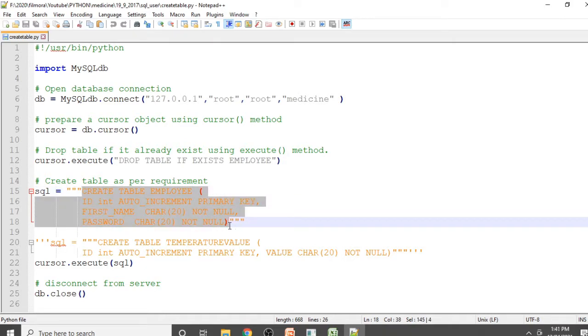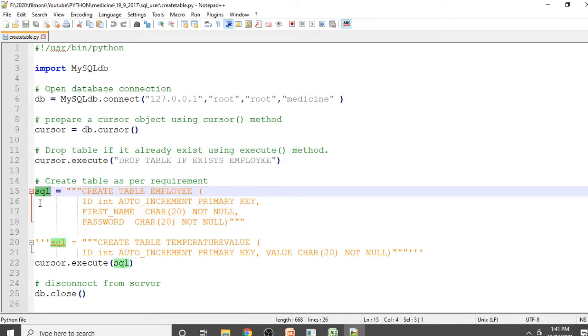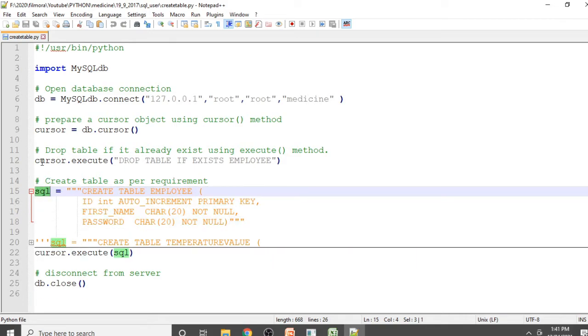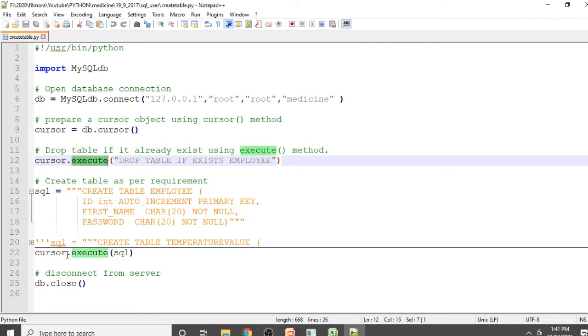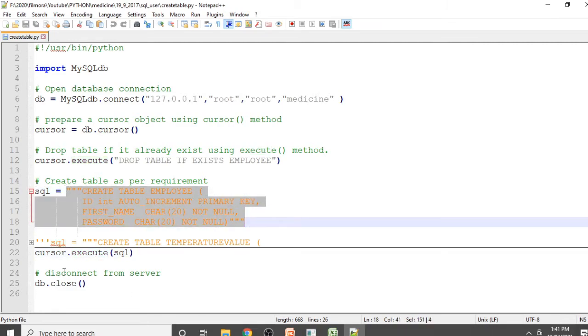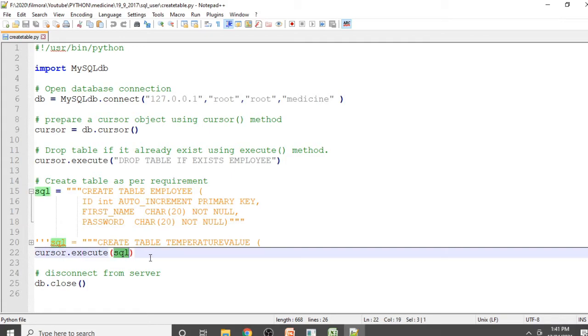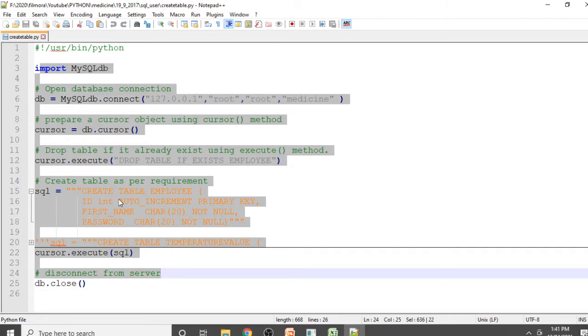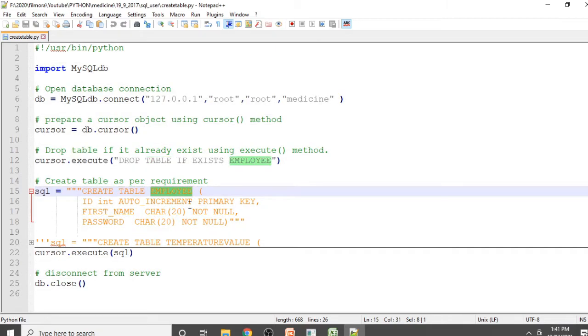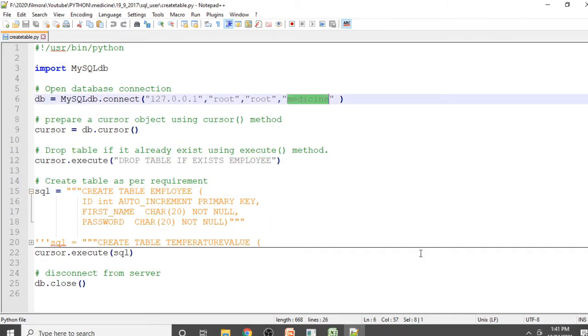So this is our command to create the table. Then we have to execute this SQL command. I have already told you, if you want to execute this command, you require the execute function. So cursor.execute(sql). This SQL comes from here, and it will execute the command. As soon as we run this program, the employee table will be created inside our medicine database.